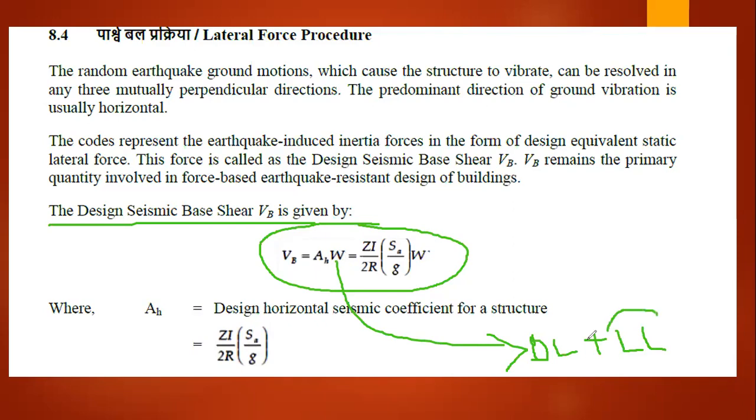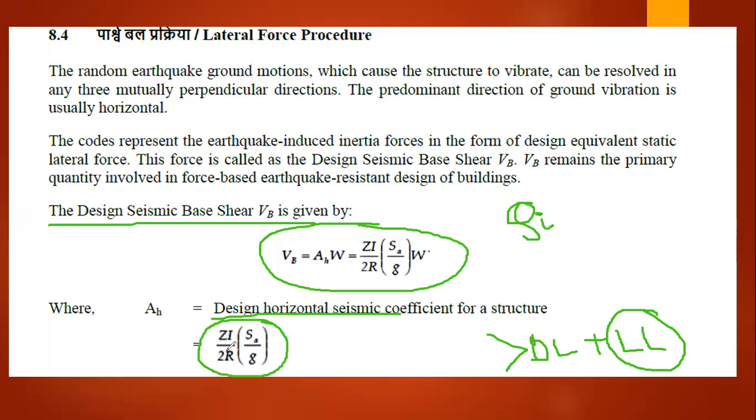And quite interestingly, from common sense, hilly areas or mountain areas are all zone 4 and 5. That means zone 4 and 5 are extremely severe and extreme earthquake prone areas. So coming to regular buildings, buildings which are greater than 40 meter in zone 4 and 5 and those greater than 90 meter in zone 2 and 3, for this type of buildings, we can conduct dynamic analysis. In many competitive examinations, these MCQs come.